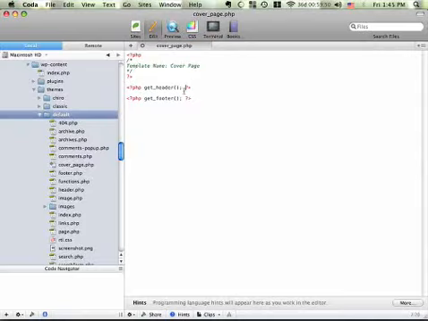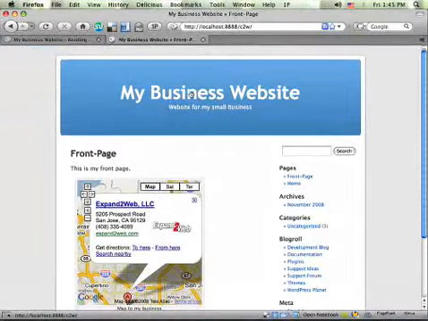So just to give you an idea, let's save this file. It has this little PHP comment that indicates to WordPress that this is going to be a page template. And then I've included these little WordPress functions, one to get the header and one to get the footer, so that our page maintains the same look and feel as the rest of the site. So if we then go back to our site again,